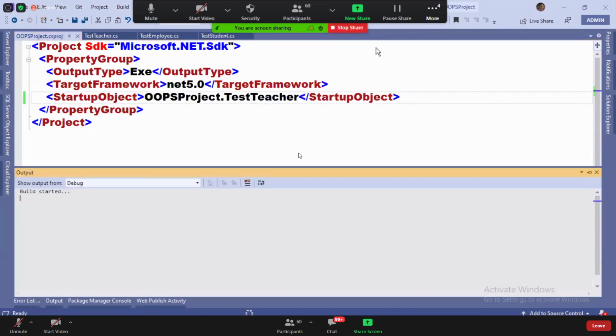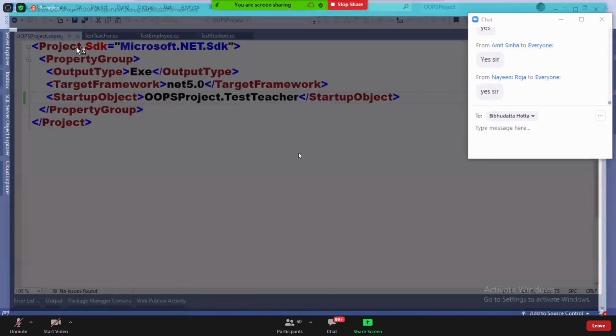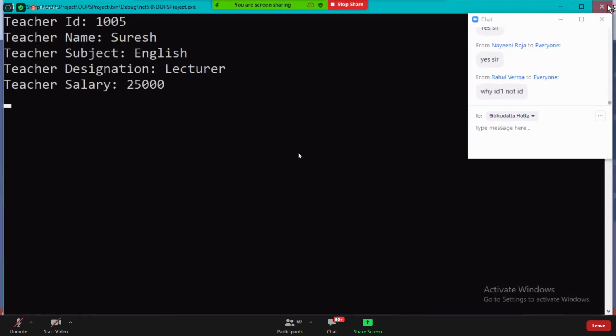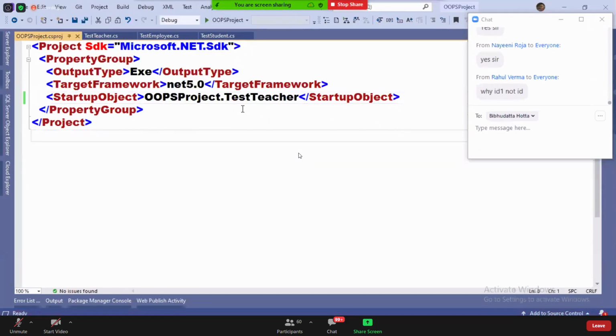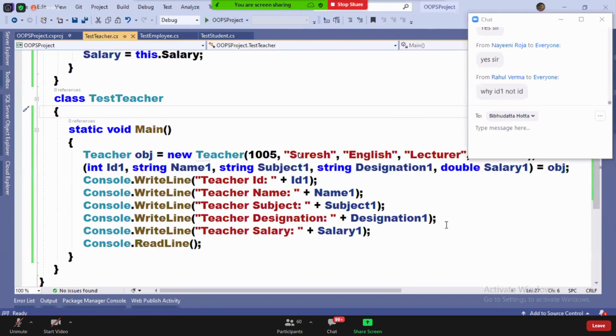See, guys, this one is mainly used only when you want to give a read-only access to the value.